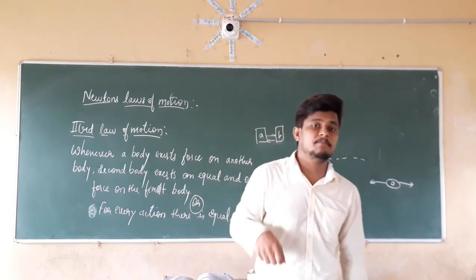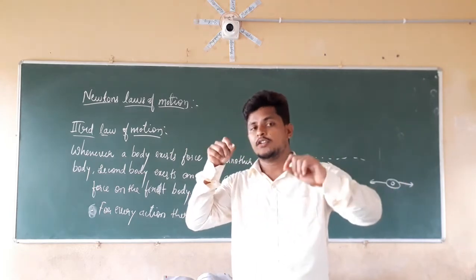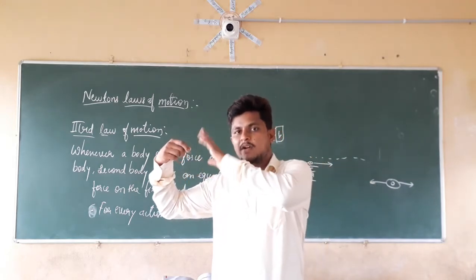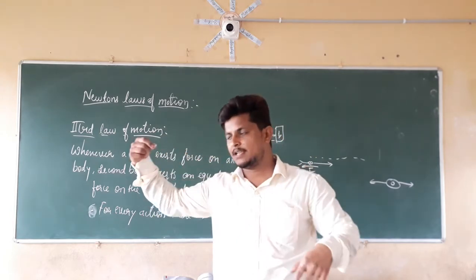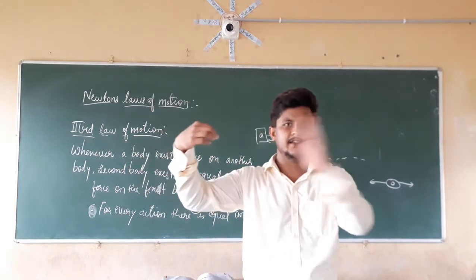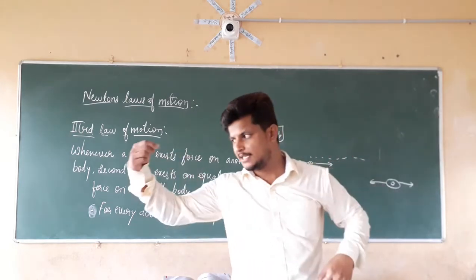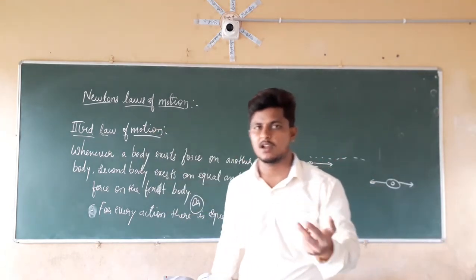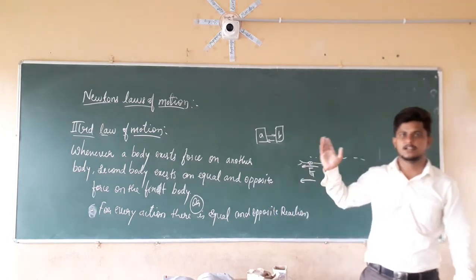If you want to take another example, the stretched arrow. We are going to stretch it, pulling it in this direction. This arrow or this rubber, whatever we are using here, is going to produce equal and opposite reaction. If you are stretching it in this direction, it is going to come in the forward direction. Because of that, the arrow is going to move in the forward direction. For each action, there is equal and opposite reaction. This is Newton's third law of motion. And if you want to write advantages, there are n number of advantages you can write.